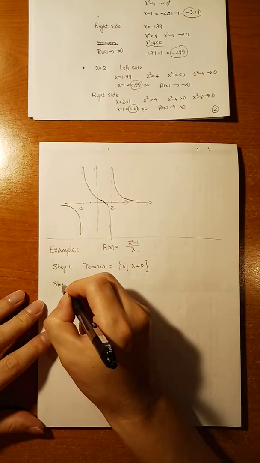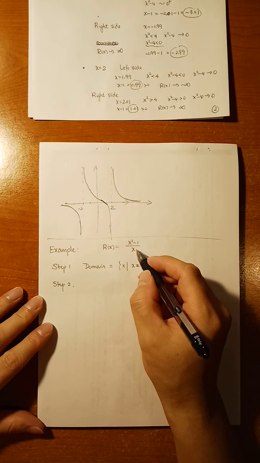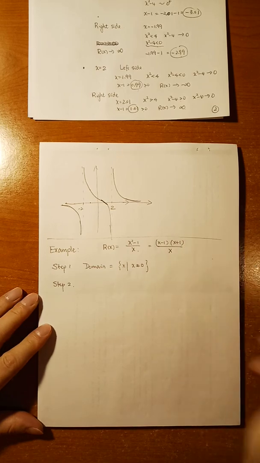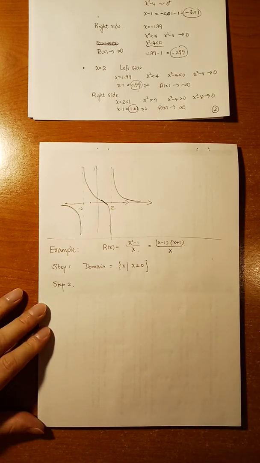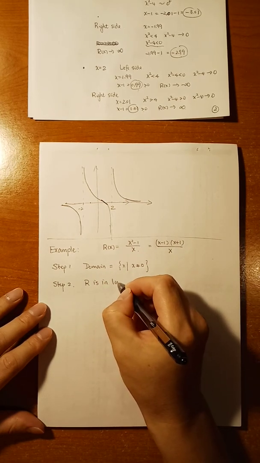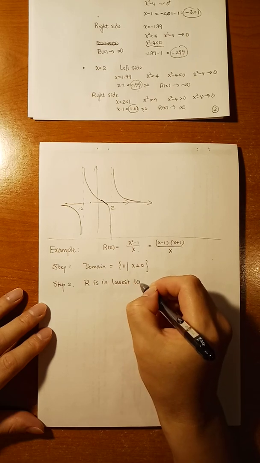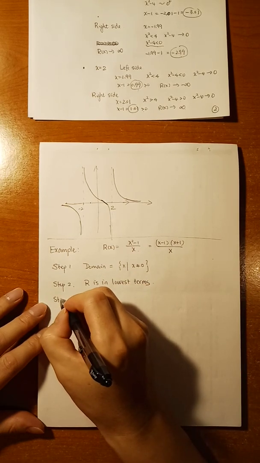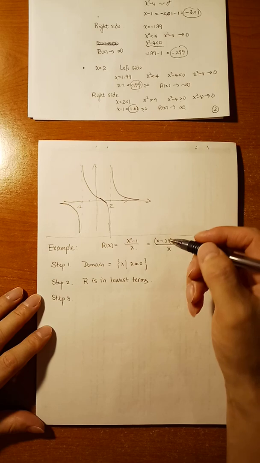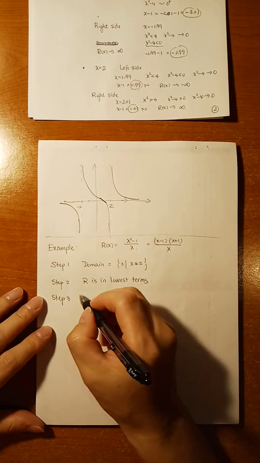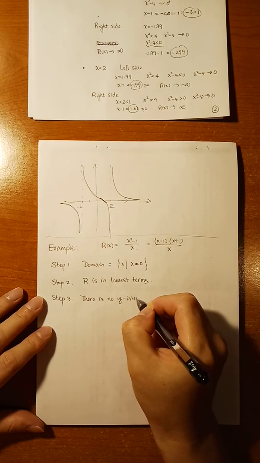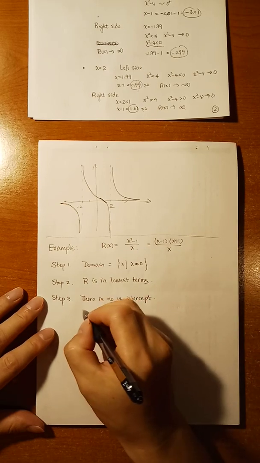And step 2, is it in lowest terms? Yes, because if you factor it, it's x minus 1 times x plus 1 over x. You cannot cancel any terms, so r is in lowest terms. And step 3, the intercepts. Because 0 is not in the domain, there is no y-intercept. No y-intercept. X-intercept,